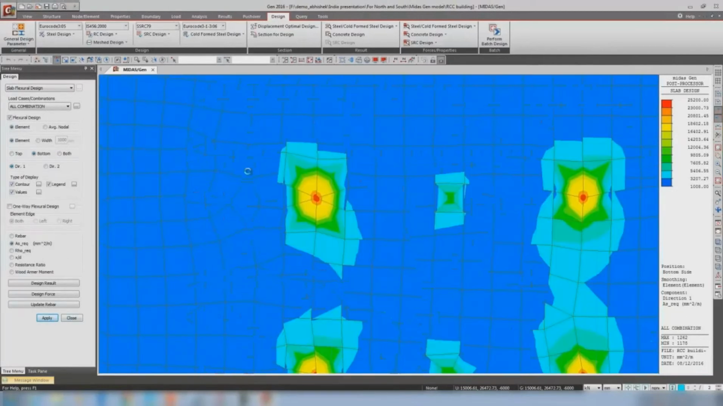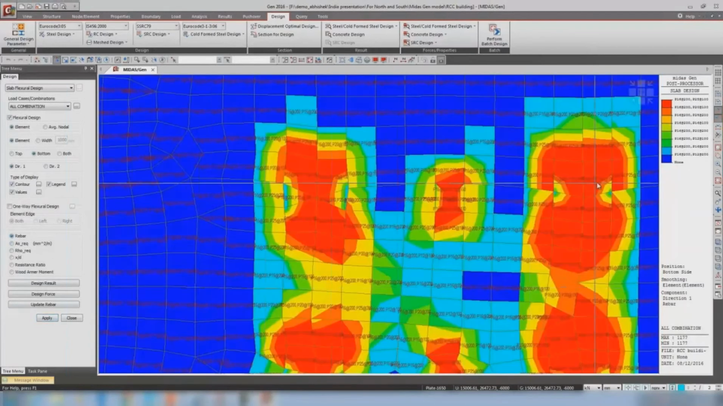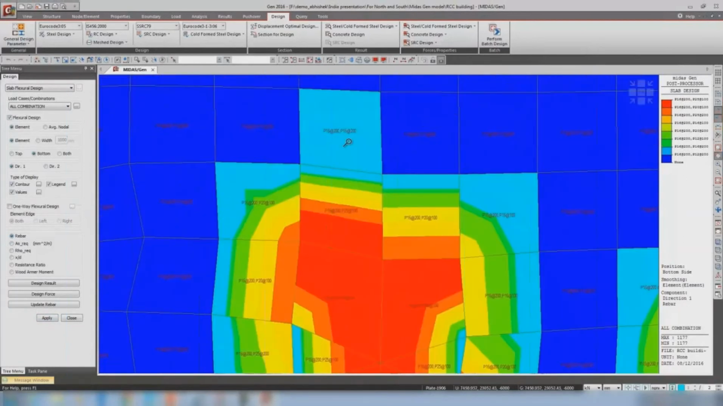Now you can see that only in this area is the Ast required. In the rest of the area, my 10 80, 10 80, 10 08 means it's nearby 16 at 200, it is okay. But the rest of the places you have to do. Otherwise you can do one thing: just click on the rebar and just say apply. Now you can see here the program requires 16 at 200 plus 16 at 200. In this area it requires an additional bar of 16 at 200, and the first one is your mesh size and the second one is the additional bars. So both the